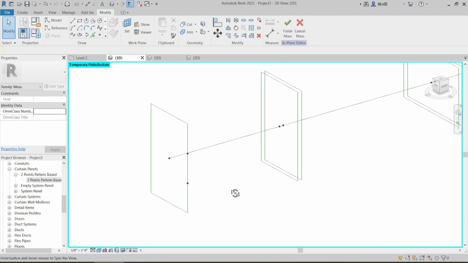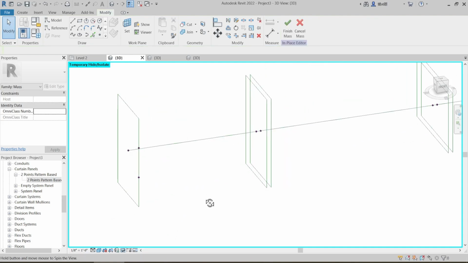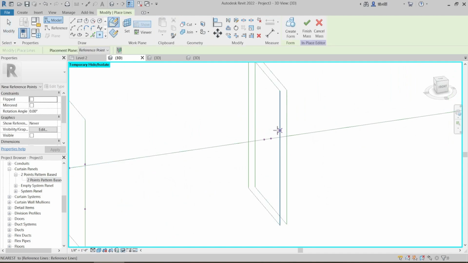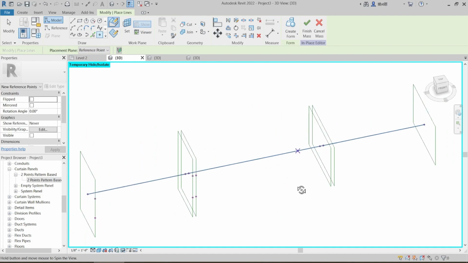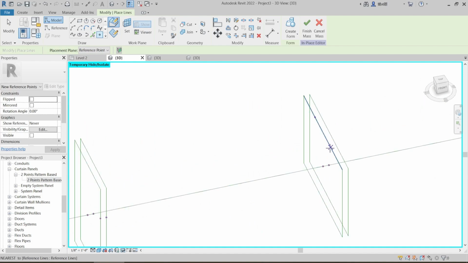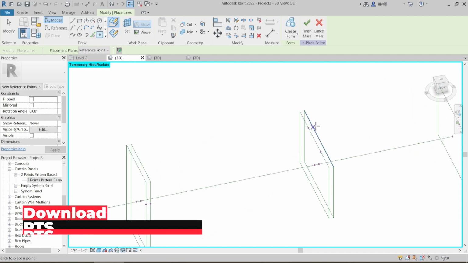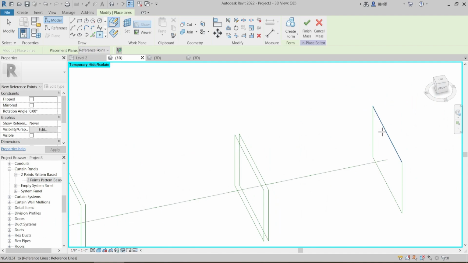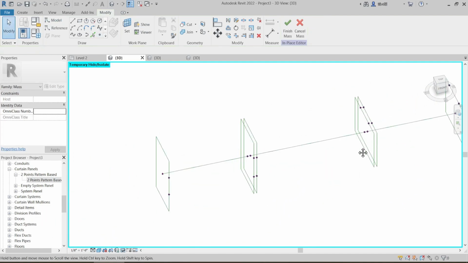Yeah. Okay, and likewise 1, 2, and same way 1 and 2, 1, 2, finally 1 and 2, and